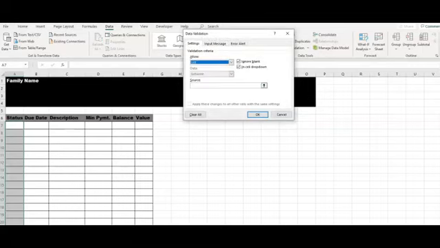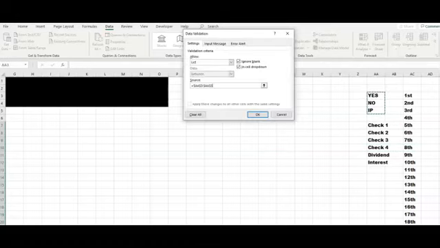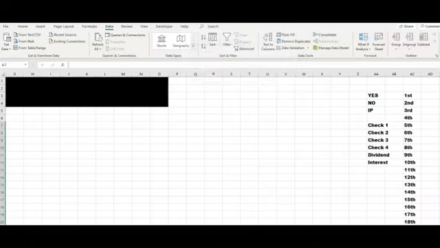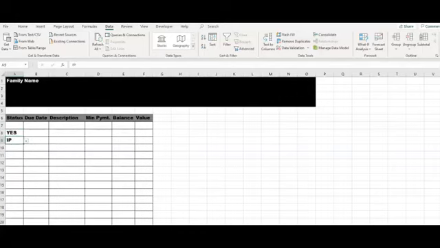So that list is going to be yes. I always like to leave a blank. There's not really a need on this one. It's yes, no, or in process. So once we do that, we select OK, and what that does is it gives them an option to choose what they want to put here. So now that we have that there, we want to